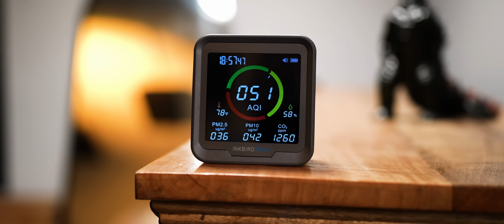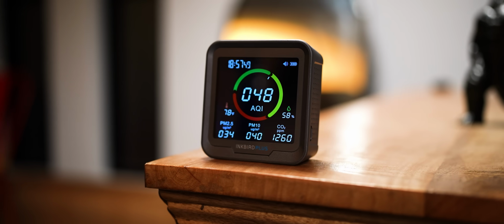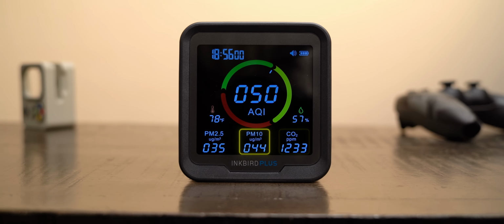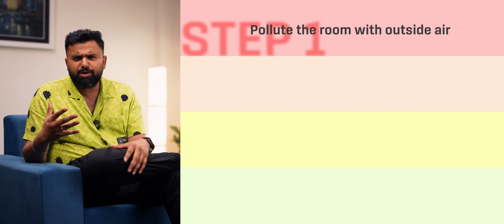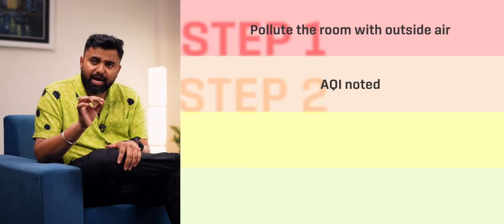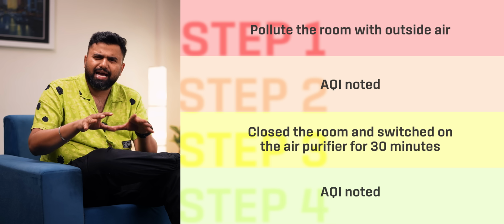I mean, this is the AQI monitor we got just to be sure about the exact AQI and PM2.5 readings. And it also detects CO2 concentration, PM10, temperature, and even humidity pretty accurately. So before every test, we let the outside air come in, pollute the place. We noted the AQI. Then we ran the air purifier for 30 minutes and again noted the AQI and repeated